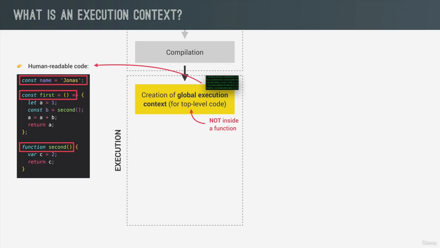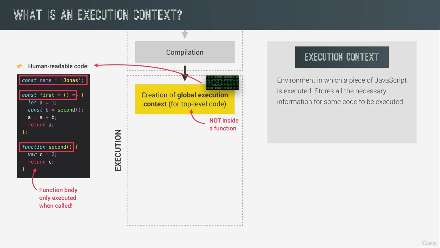But the code inside the functions will only be executed when the functions are called. Okay, so we know that a global execution context is created for top-level code. But now, what exactly is an execution context? Well, an execution context is an abstract concept, but I define it basically as an environment in which a piece of JavaScript is executed. It's like a box that stores all the necessary information for some code to be executed,